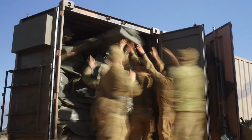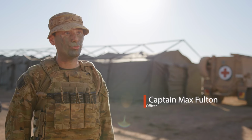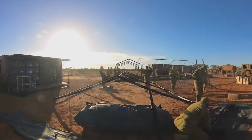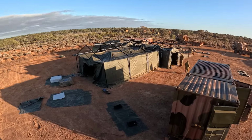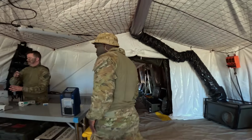Roll 2 Basic is a new capability for Army, which is a light and manoeuvrable surgical facility that can also hold patients after they have surgery while we await evacuation. It's a setup that we're delivering in 4 tents with a really low profile. That means it can push pretty far forward to shorten the time from someone being injured to getting their life-saving